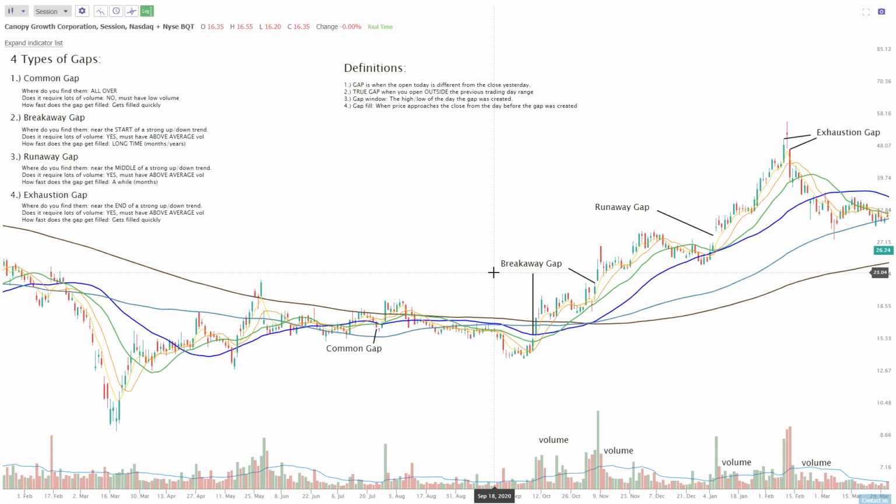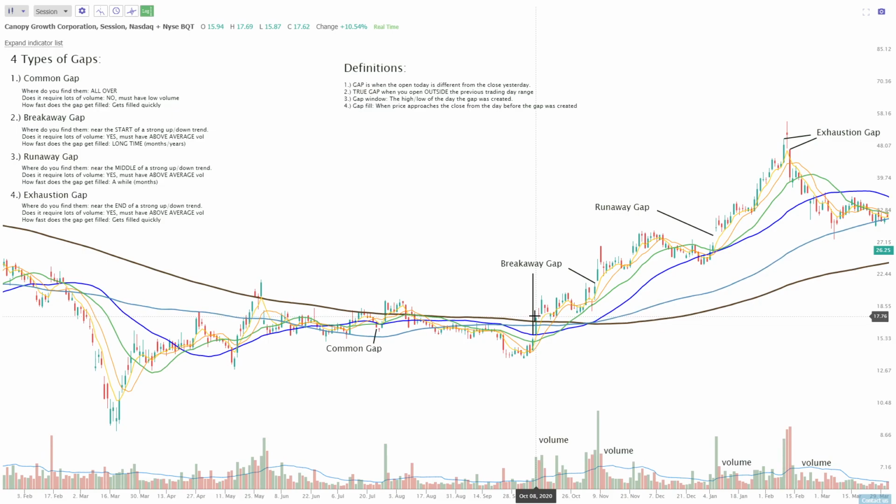There's no clue to be gained of the direction of the trend, right? You see a gap here, you see a gap here, you see all these gaps here, but really look at the moving averages. They're going sideways. There is no trend. Then back in October, you get a breakaway gap to start the trend, triple, quadruple volume,